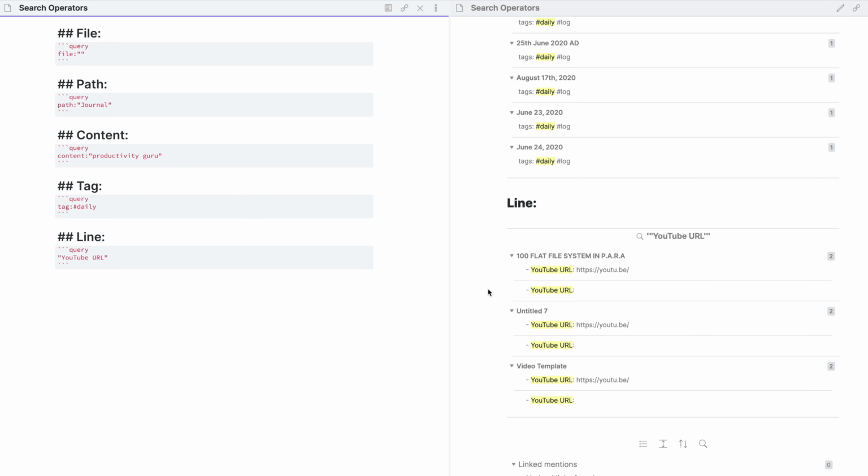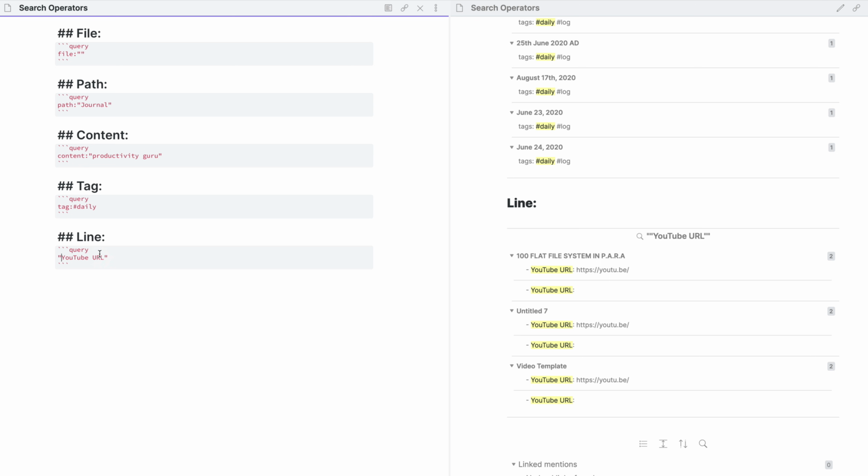Our next operator is block. Let me explain this concept first. For those who are not familiar with it, I'll be doing a basics video of block embedding soon. But just to give you an idea of what it exactly does, let me show you what a block is. A block is typically separated by empty lines. So in this case, a block is this query.